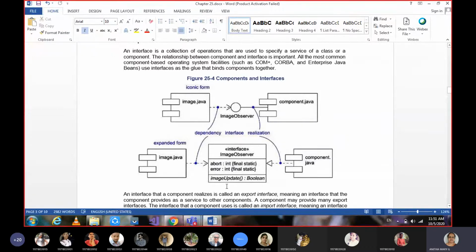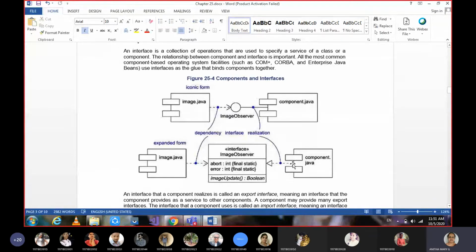And what are the different operations? So what exactly are we doing? We are updating the image, that is the operation. So that is what image is depending on, this interface, and in turn this interface is used by component.java.